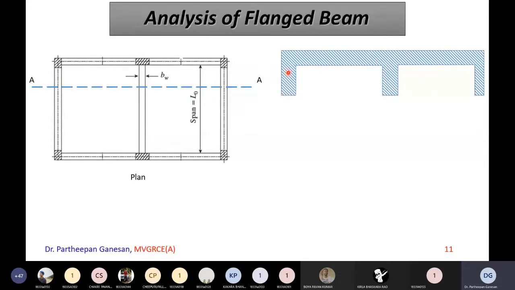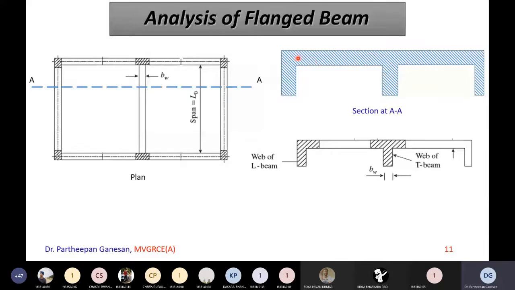So this end beam has a slab only on the right side. It doesn't have a slab on the left side. This end beam, this one, has a slab only on the left side, but not on the right side. But this intermediate beam has a slab on this side also. It has a slab on this side also, right? So now this is a section at AA. Now if you look at this one,